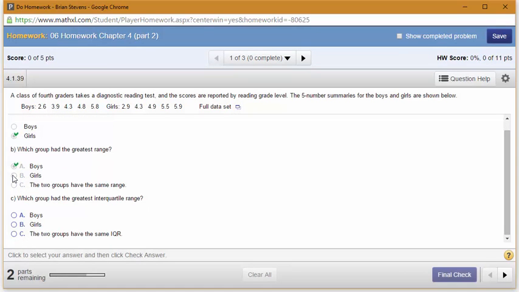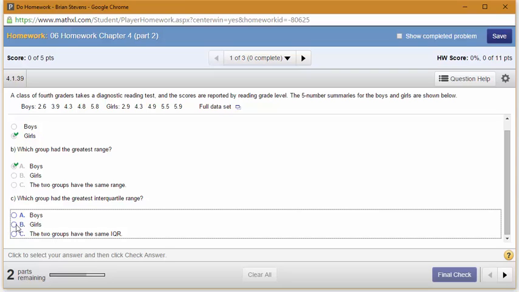Which of the groups had the greatest interquartile range? It is the distance between Q1 and Q3, and for boys, it is 0.9, whereas for girls, it is 1.2. I'm merely looking at Q1 and Q3, and that is a distance of 1.2, which is bigger for the girls. And if we were to interpret this in context of the problem, which is always good to know for the test, we would state that